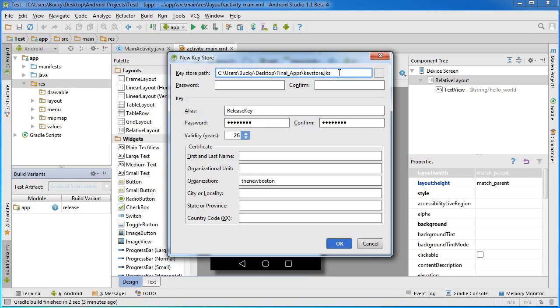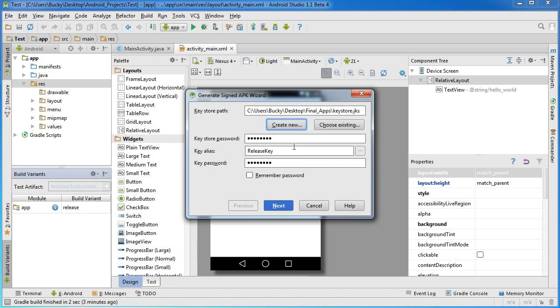And this file is encrypted, so if you were just trying to look at it in Notepad or something, it would look like weird hieroglyphics. So to unencrypt it, you just give it a password like before, and there you go. Once you hit OK, it's going to create a key store path, which is a special file to hold all of your keys, and it's going to create this one key, which pretty much says, okay, you are the New Boston, and to verify that later on, this is the password that you need to give me. So hit OK,